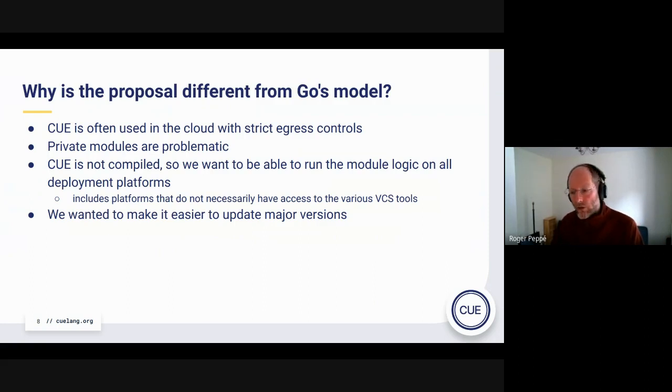So we've made it so that the major version can be inferred from the major version in the module file. That's definitely a difference from Go, although logically the actual import path does have the major version in it. It's just that the information is shared differently across the module.